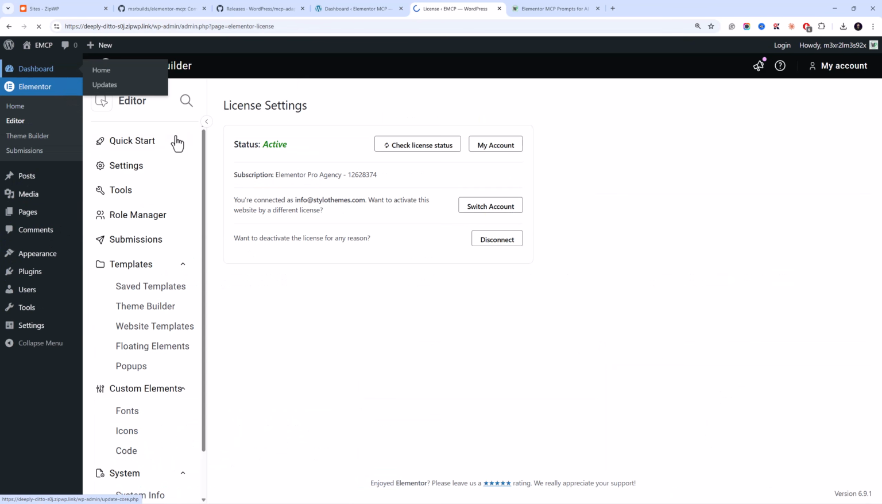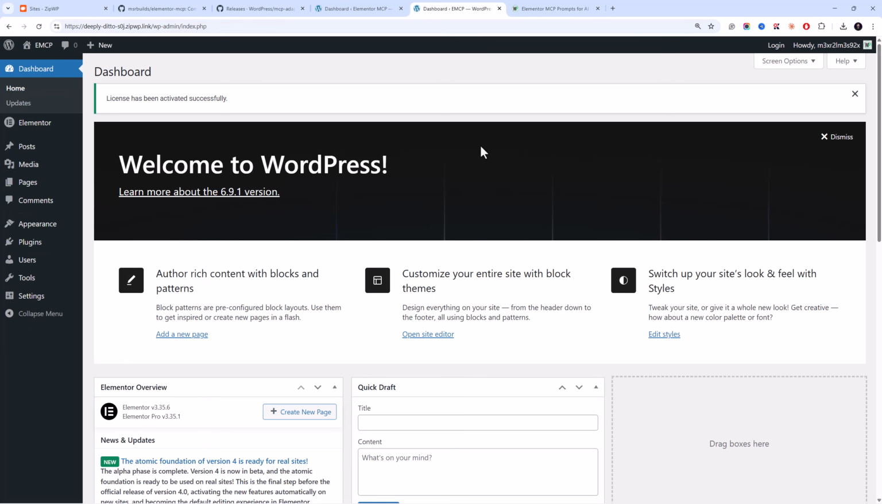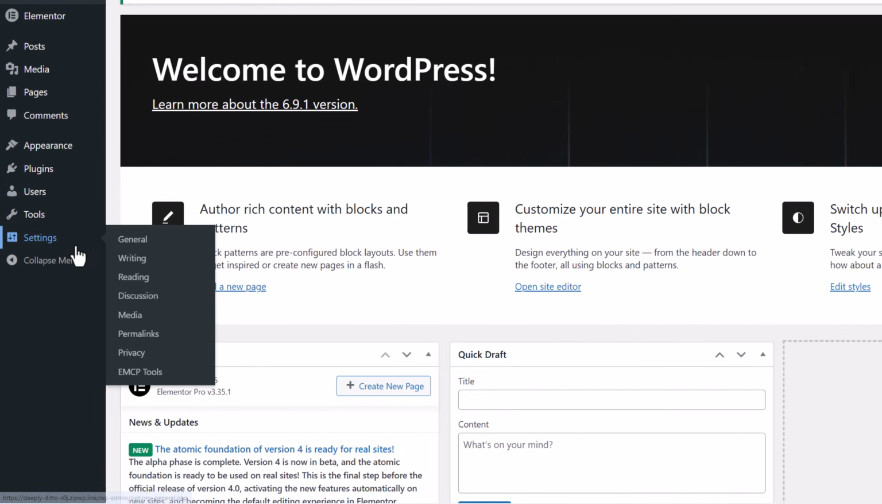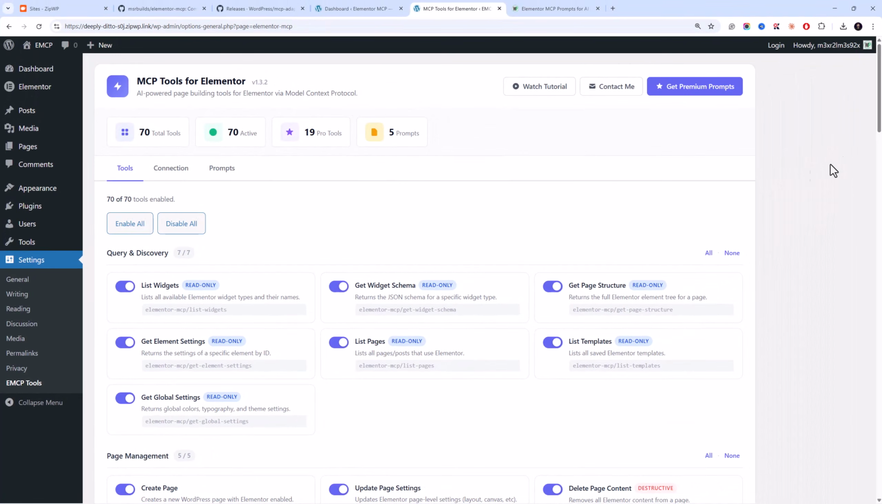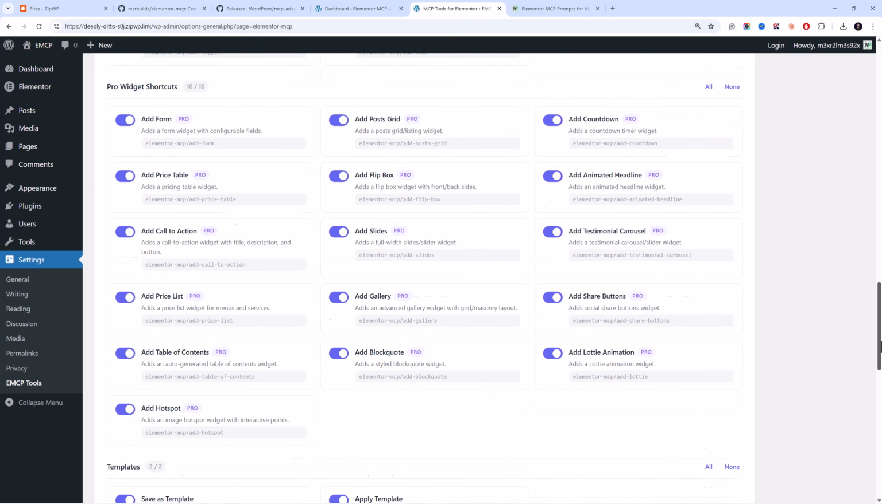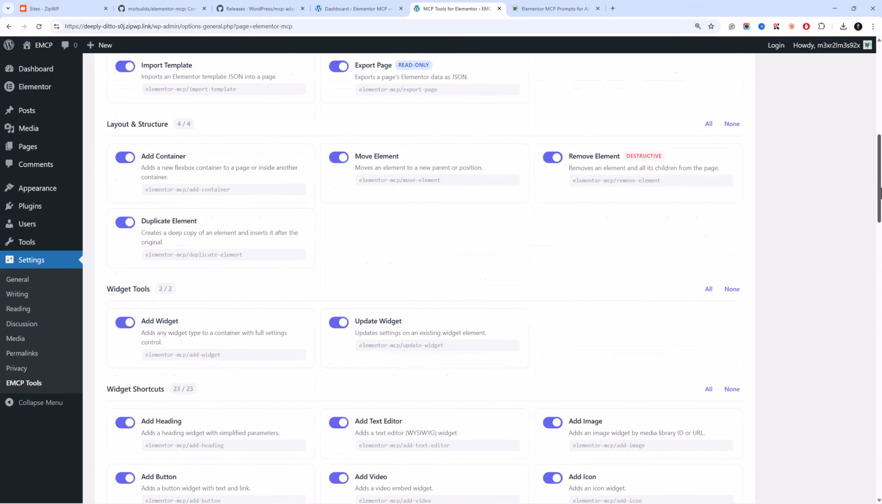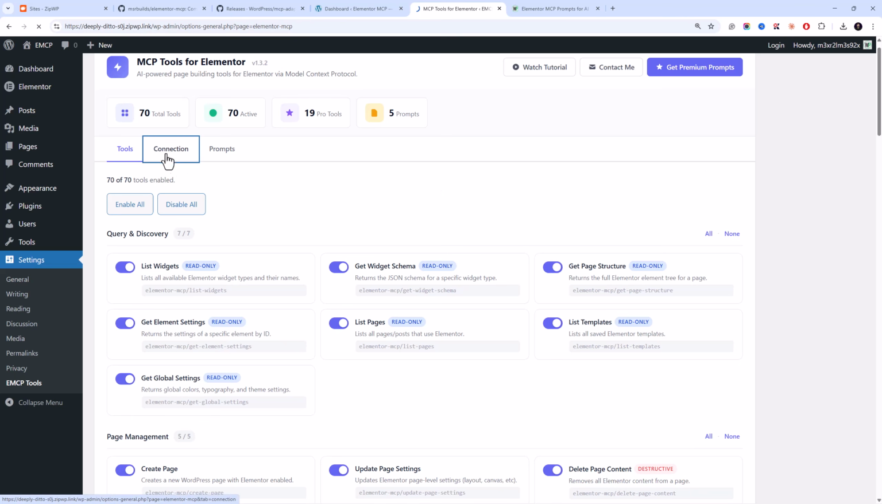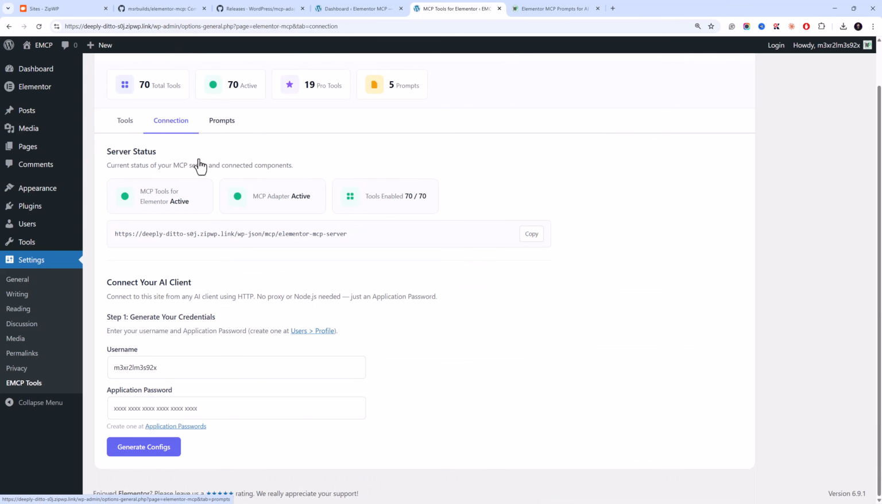Okay, we are ready. Now the part where you will need to connect your Elementor MCP plugin with your choice of editor or agent. Go to settings and click on the EMCP tools. You will get a nice interface over here. You can turn on or off any tools if you like, and then you need to go to the connection tab. Before moving to the connection tab,